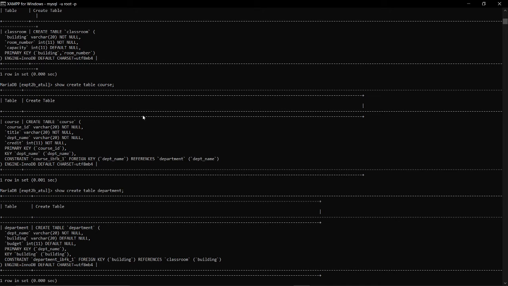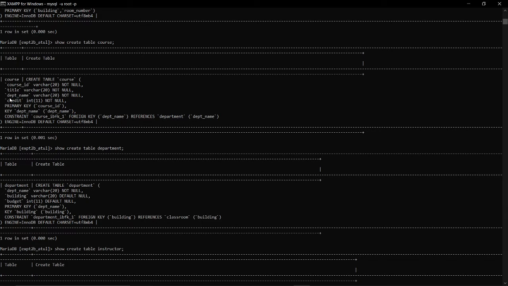Now, if we consider the course table, course ID is a variable character of 20, title is a variable character of 20, department name is a variable character of 20, credit is integer, primary key course ID.